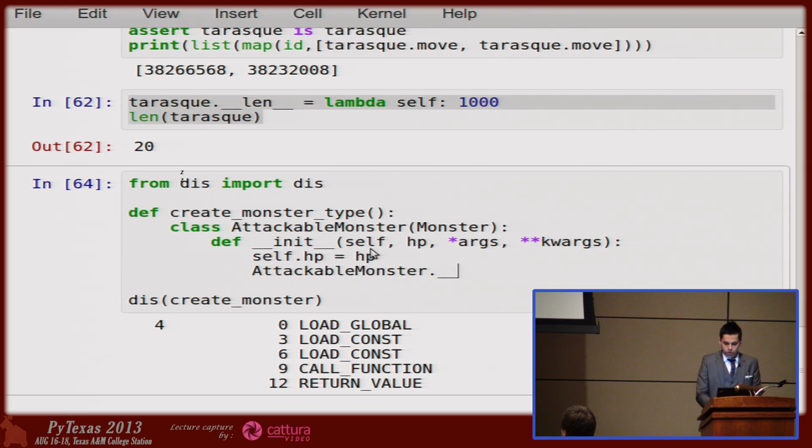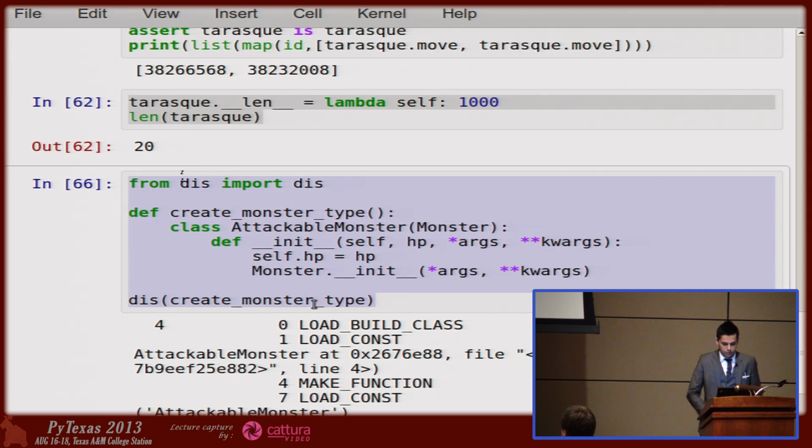And I'll just do, this also shows one common pattern that we have when dealing with subclasses, which is that we always want to delegate to the base class itself. But I want to show you what happens in this case. So create monster type has